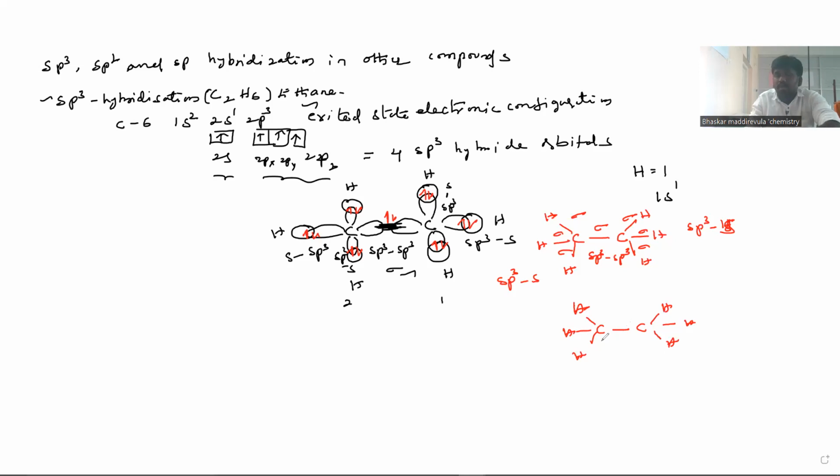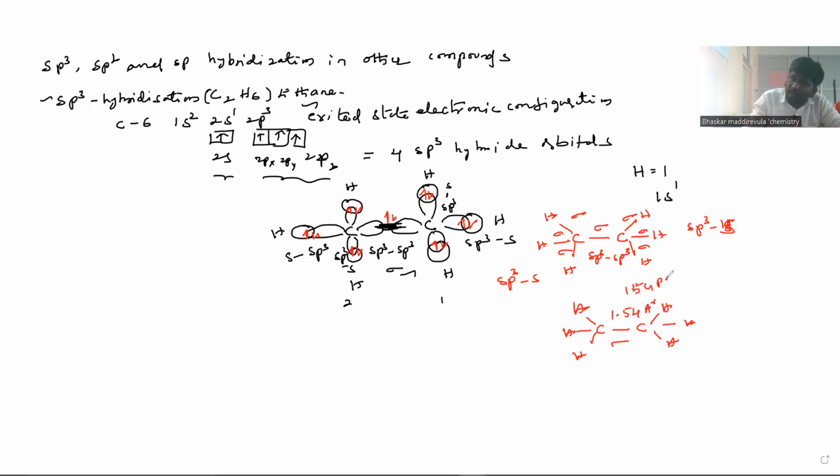In this compound, the carbon-carbon bond length. This is the single bond here. That is a single covalent bond. So this bond length is 1.54 angstroms, or we'll write it as